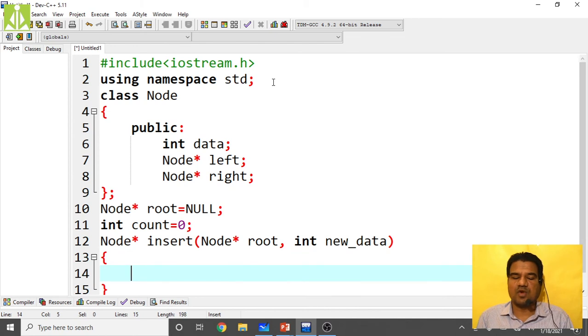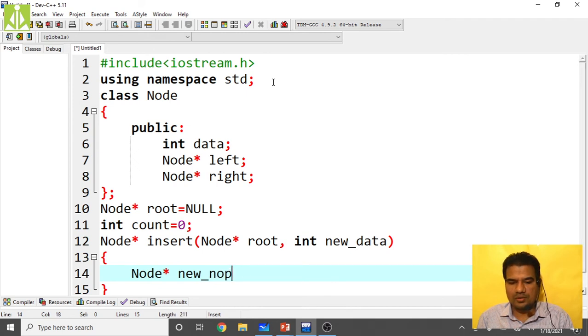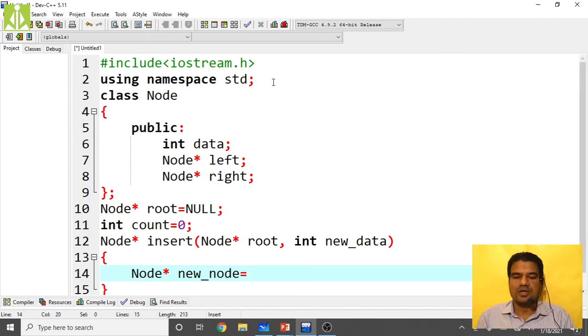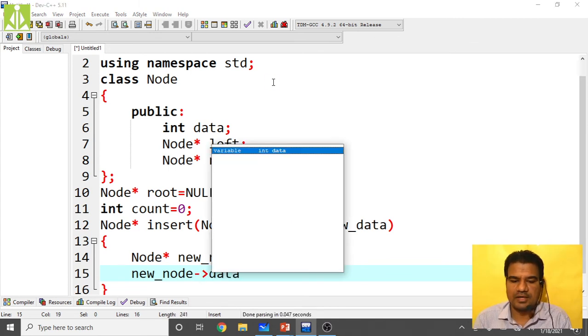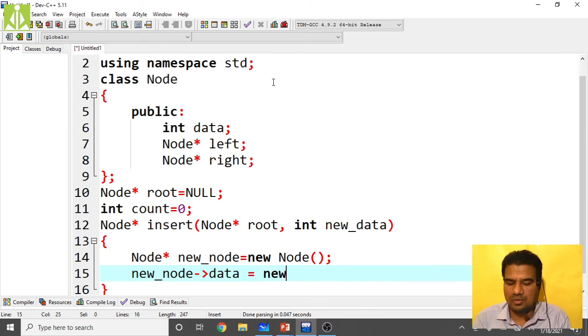So the first step, what I said, we have to create the new node: node star new_node equals new node of, exactly similar to what we have done so many times. Now store the data: new_node of data equals new_data.